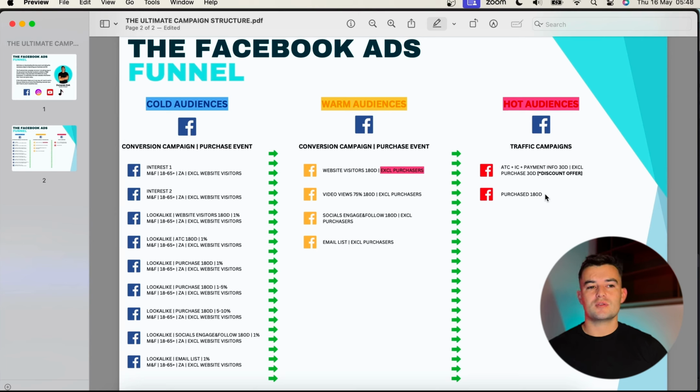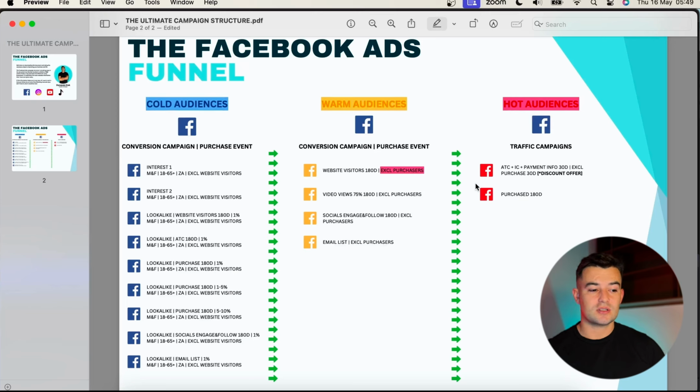People that have bought from you, I mean, use yourself as an example. Humans forget things, they're busy, they don't know they need more products. Put an ad in front of them again. If they've had a pleasant experience with your company in the past, they are so much more likely to purchase again. I'm going to very quickly jump into my Facebook Ads Manager to show you how this layout will actually look